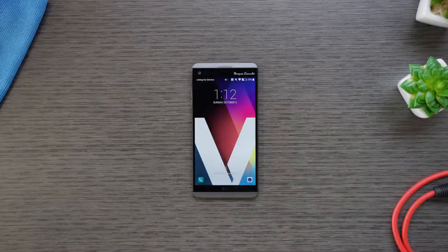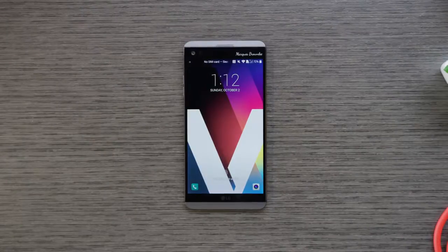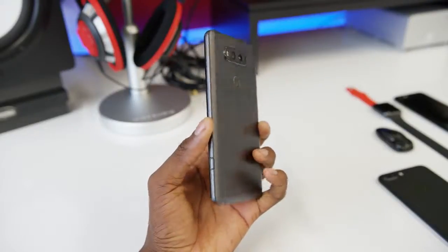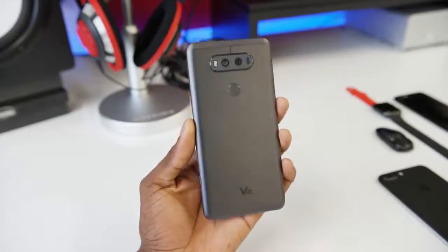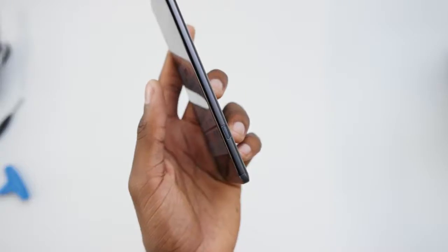You got a pretty good use of space fitting a 5.7-inch Quad HD display onto the front of this body size. And it has a ton of bonuses. It's military-grade shock resistant against drops. It has a fingerprint reader on the back that's really quick and also doubles as your power button and the sleep-wake switch. It has a 3200 milliamp hour removable battery, and the way it removes in this version is the